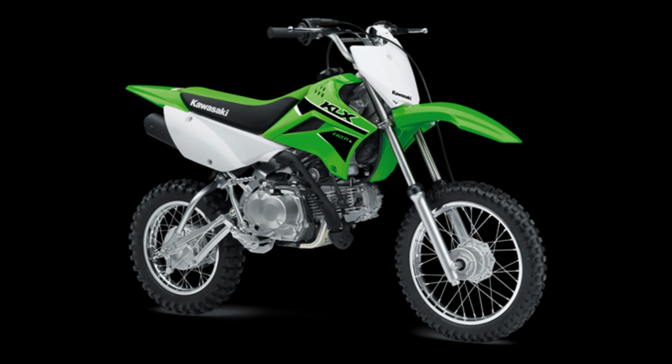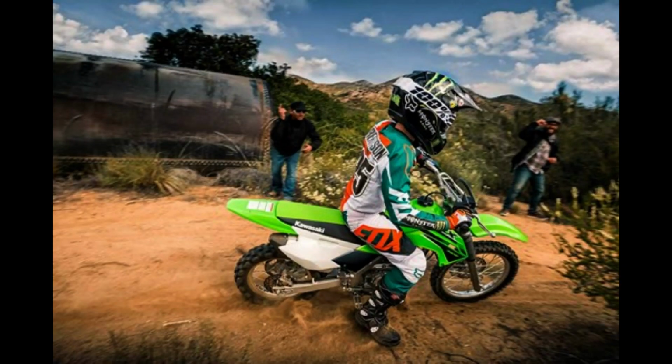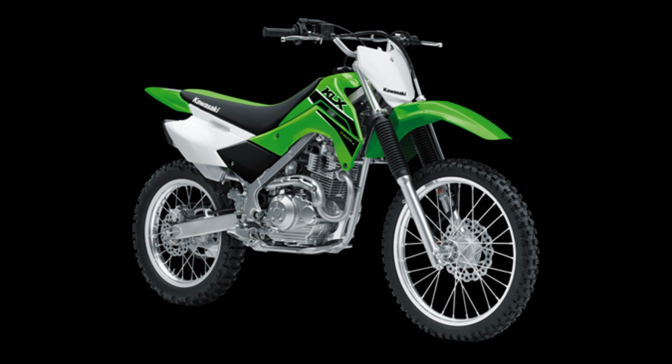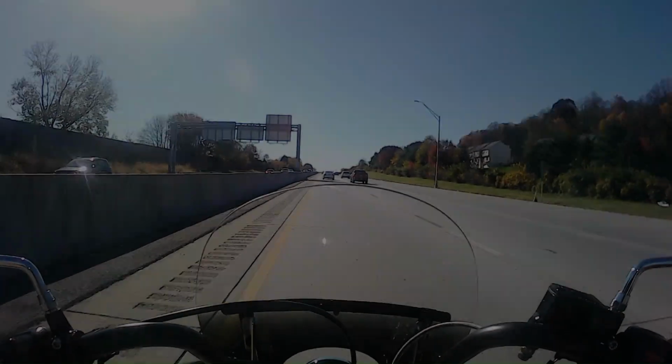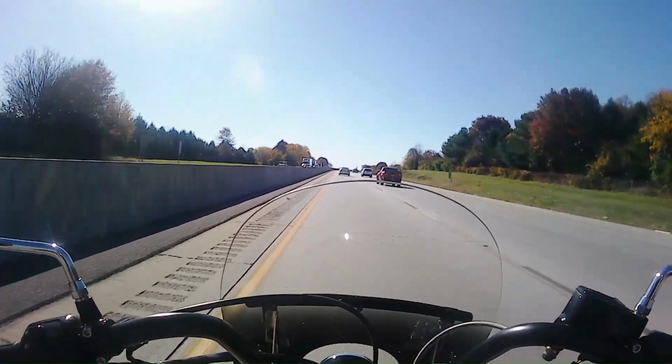All right, next we have the KLX 140R. This is a 144cc single-cylinder, 5-speed, 31-inch seat height, 205 pounds, 1.5-gallon tank starting at $34.50. And the 140RL gives an additional 3/4 of an inch of seat height for an extra $300. Now, I don't know if there's anything else in there that's different than the regular 140R other than that 3/4 inch of seat height, because $300 is a lot to pay for 3/4 of an inch of extra seat height